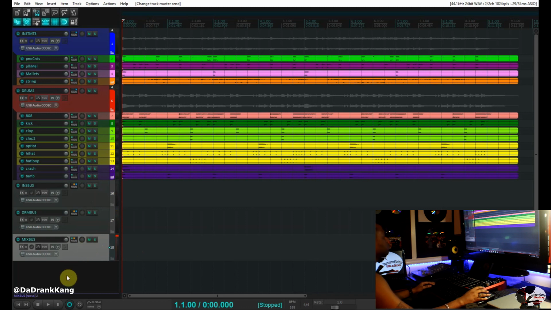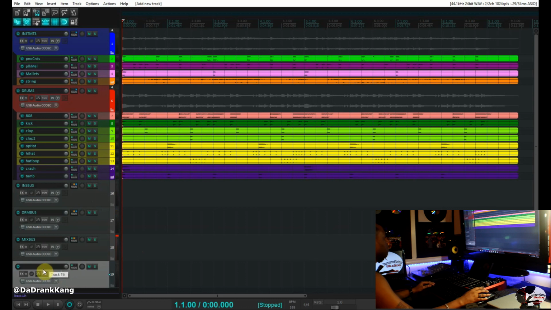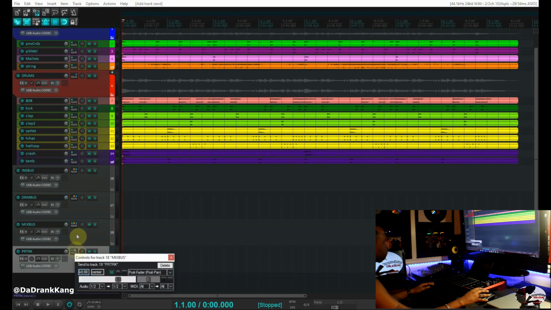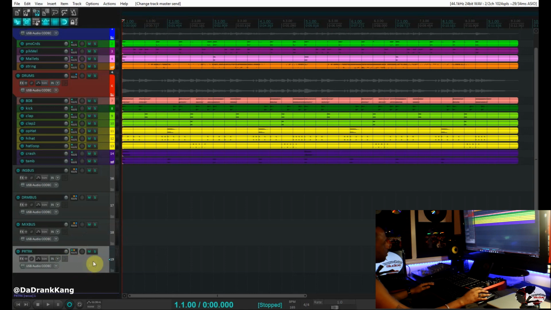Now the next thing that we want to do is we want to create another track, and we're going to call that our print track. P-R-T-R-K. This is our print track. Now what a print track does is every single thing that comes out of this mix bus, how we want it to affect, we run it to here. Let's route it and then take it out of the master send. And everything that we print is now on this track. Everything that comes out of this mix bus, we can hit the record and it will now print to this track here. So instead of rendering different mixes out, now I can print different mixes out,